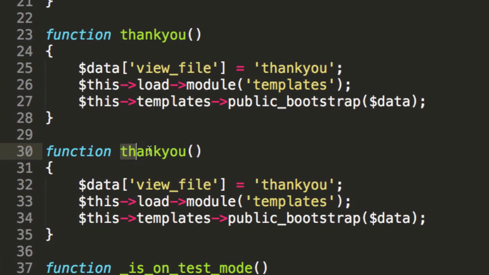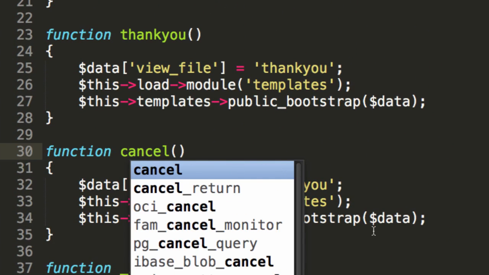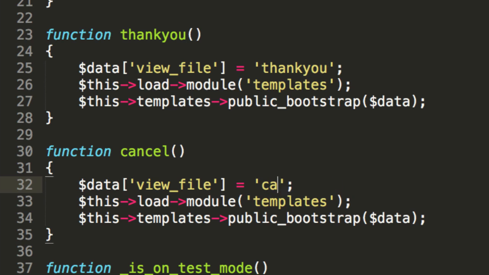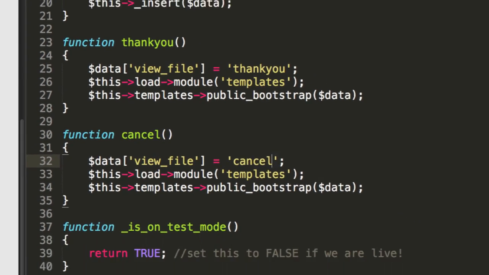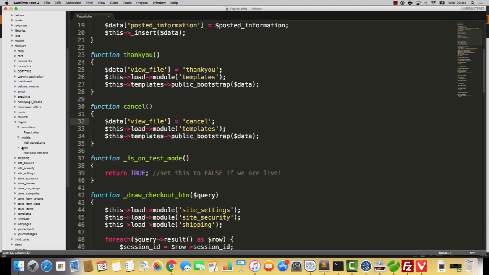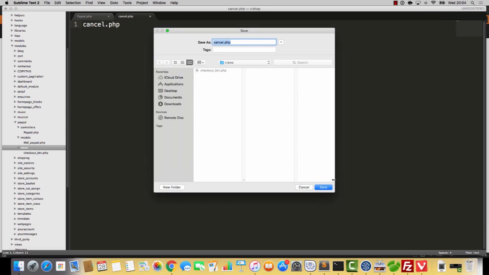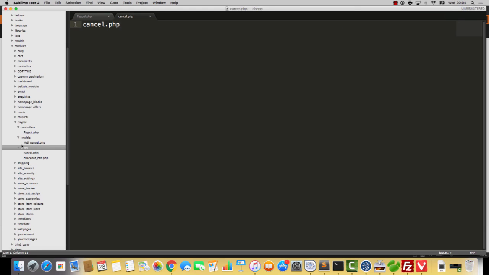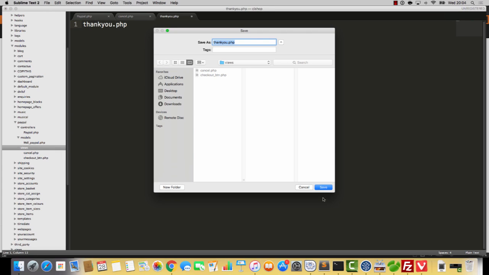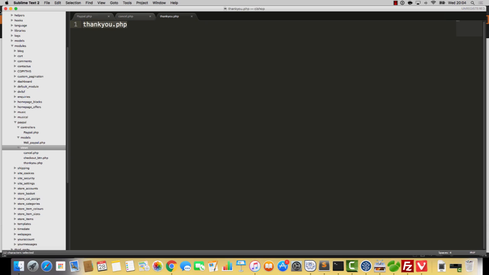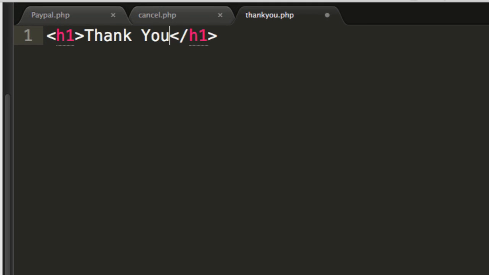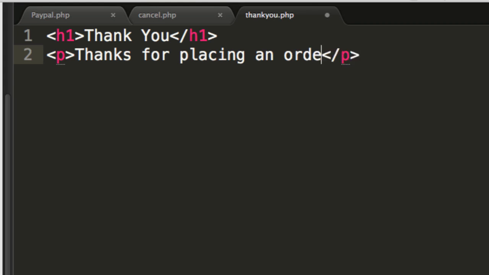So that's kind of cool, and let's do one for cancel. Okay, so cancel, and the view file is also called cancel. And there we go. So if we make up a couple of view files, we should have these two pages looking good, you know. So here comes cancel, and here comes new file thank you. Okay, and these are going to be really, really simple pages. So I'll just say something like thank you, and then a little paragraph that says thanks for placing an order,